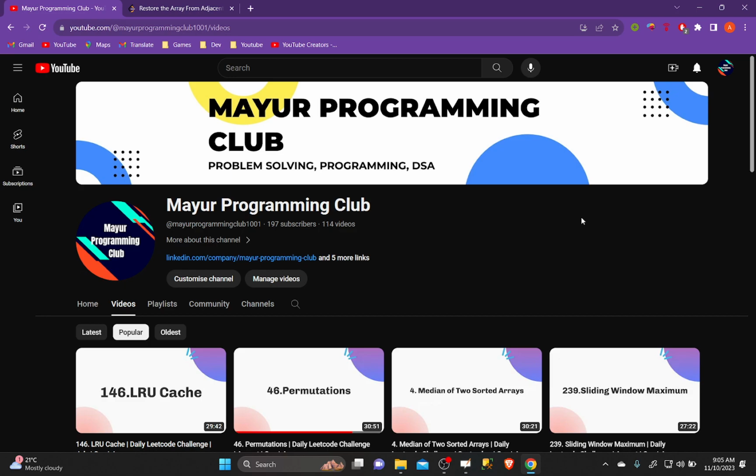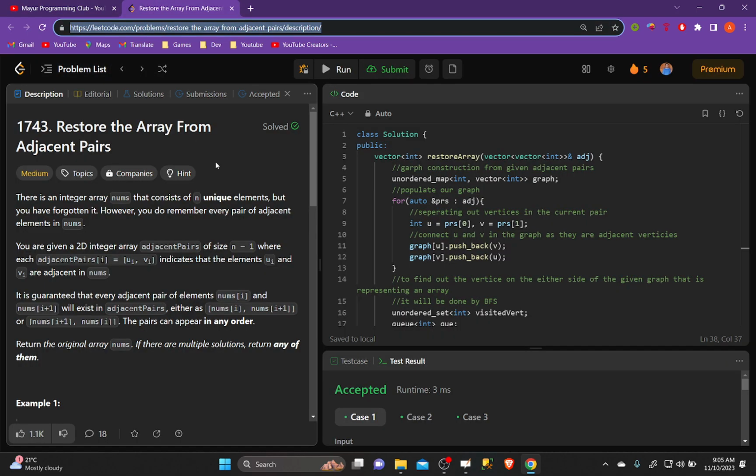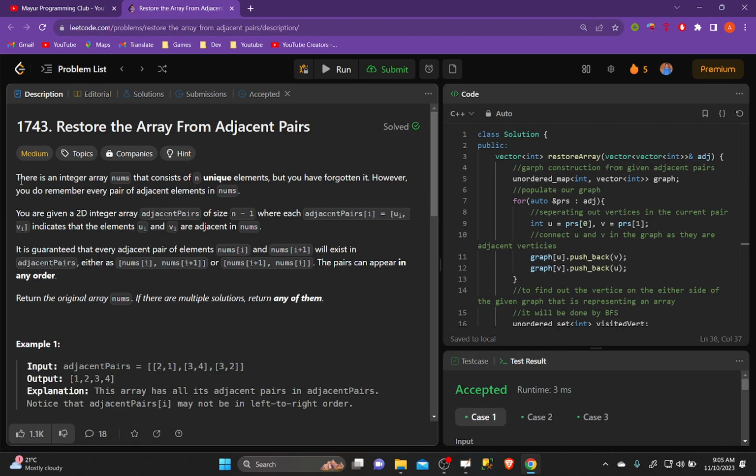Today we will be solving another daily Leetcode problem, and the problem's name is restore the array from adjacent pairs. So there is an integer array nums that consists of n unique elements, but you have forgotten it. However, you do remember every pair of adjacent elements in nums. So you are given a 2D integer array adjacent pairs,